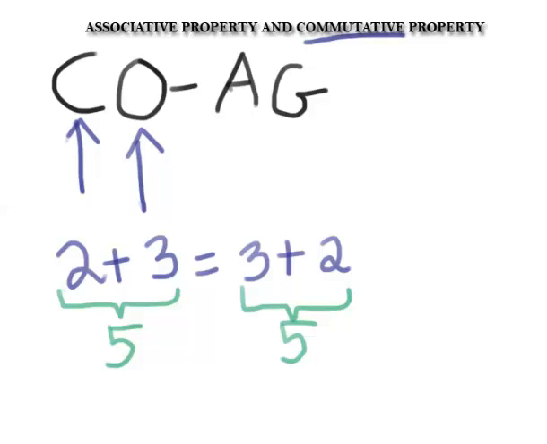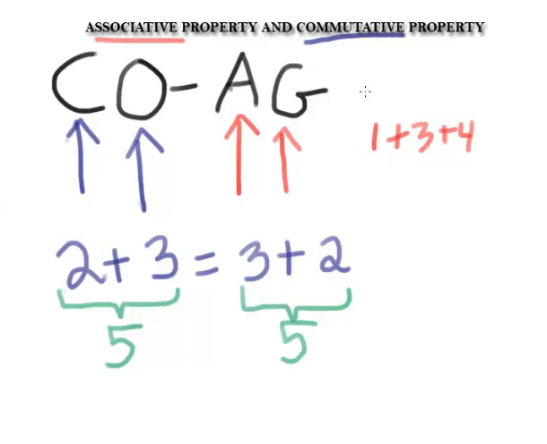Right, now let's take a look at the associative property, which is the A. And that tells you that grouping doesn't matter. So it goes with the G. So for example, let's say I have 1 plus 3 plus 4,